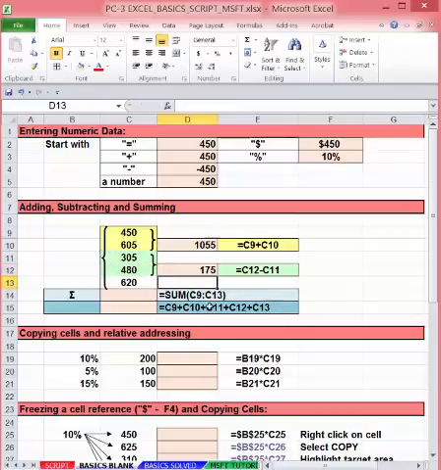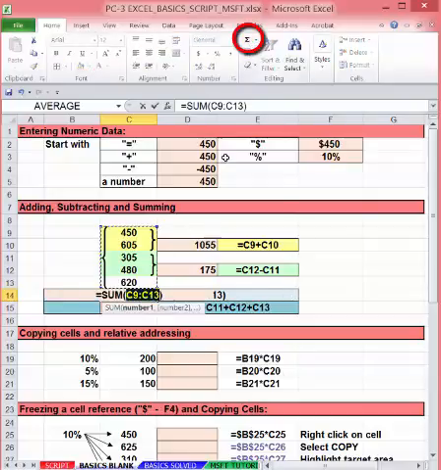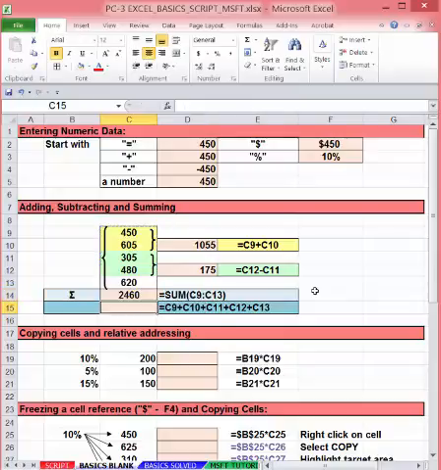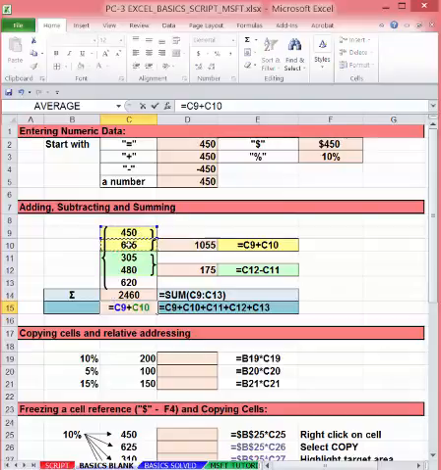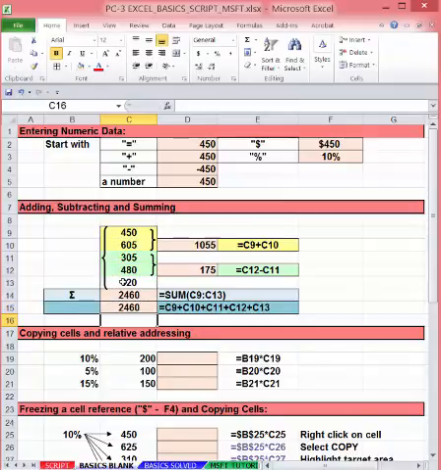To sum the column of numbers, there are two ways to do it. The easiest way is to use Excel's built-in summation formula. It's the sigma right up here. The range will default to those 5 numbers directly above the cell I'm in because that's what Excel thinks I want. If it's not, you can highlight what you do want. Press enter. Alternately, we could add them just like we did before: C9 plus C10 plus C11 plus C12 plus C13. Either way works. That just is a bit more cumbersome.